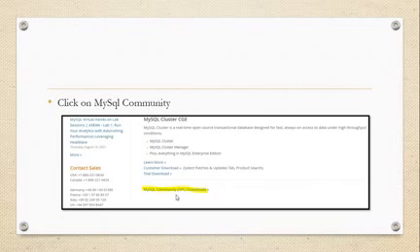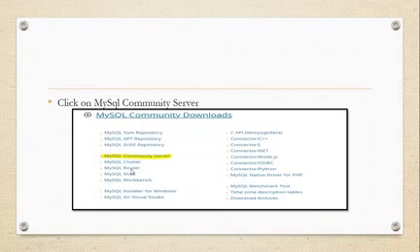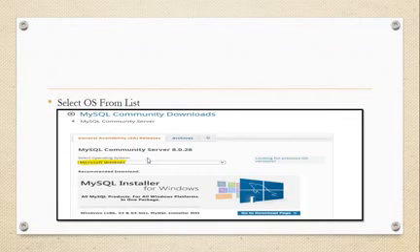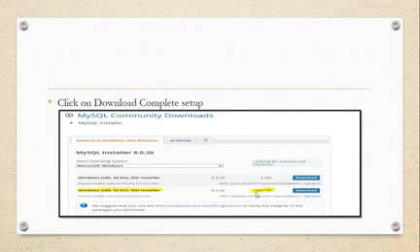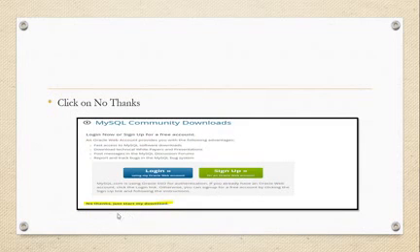Just click on MySQL community. I have told you the complete steps. Go to MySQL community. After that click on MySQL community server. You can also do it on MySQL workbench or on community server. After that click on Windows. After that download this 450 MB application. After that click on no thanks, just start my download. I have given these steps, I have explained them and also given the steps.